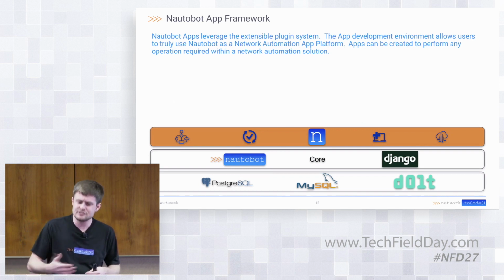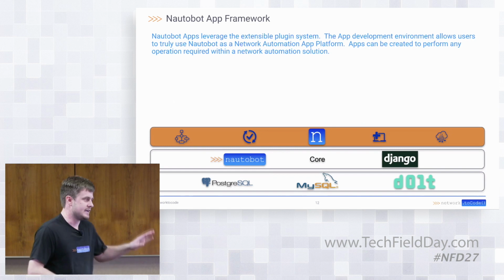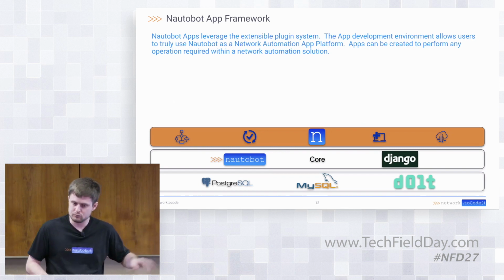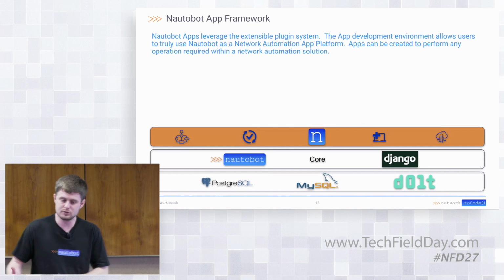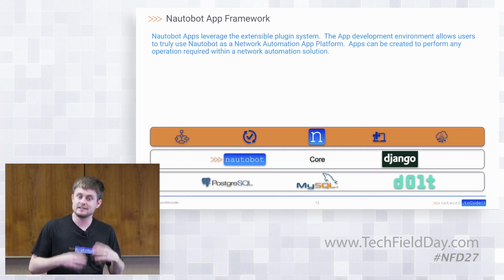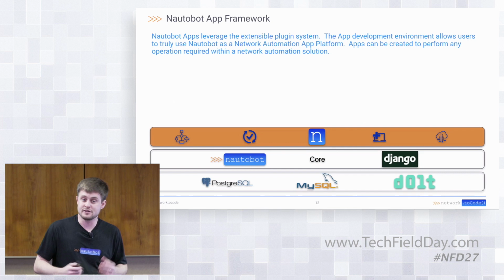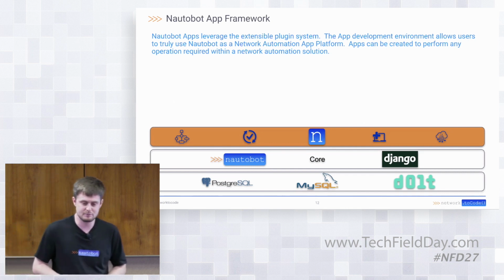In terms of skill set in the network automation landscape, developing a Nautobot app would require a bit more of a software engineering skill set than traditional network engineering transitioning into the automation realm. I will call that out, but we've really tried to make that application framework extensible and easy to use so that people interested in making that transition and going even further with their skill set development can certainly make use of it.